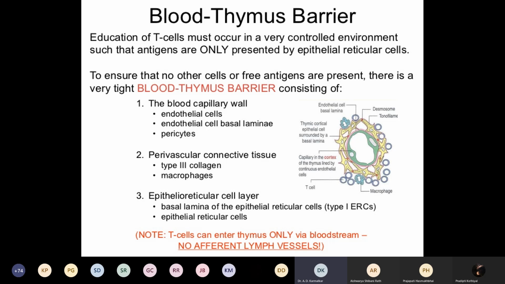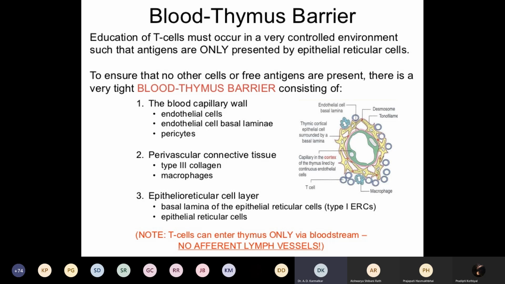Which, you know, is a lining simple squamous epithelium, called endothelium. They are connected by tight junctions. Surrounding the outside of the capillary, there is a basement membrane on which these cells are resting. So there are endothelial cells resting on the basal lamina, and surrounding that there is a space called the perivascular space, and you can see these yellow things. These are nothing but the epithelio-reticular cells, which are connected by desmosomes. So that's the barrier.